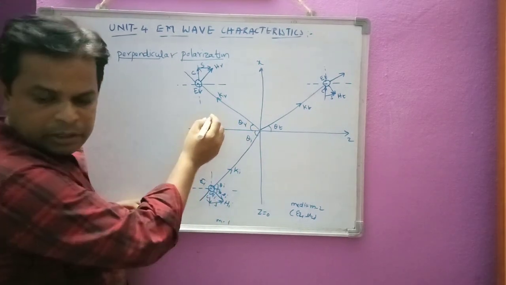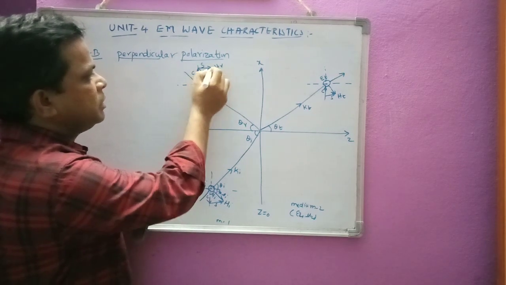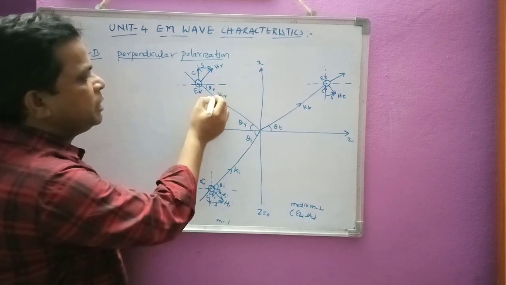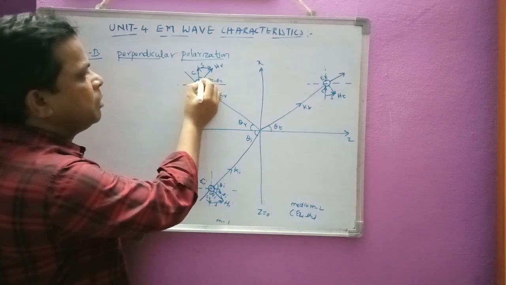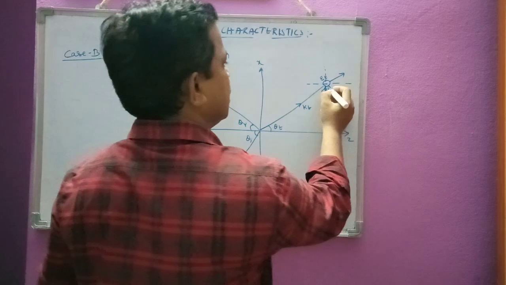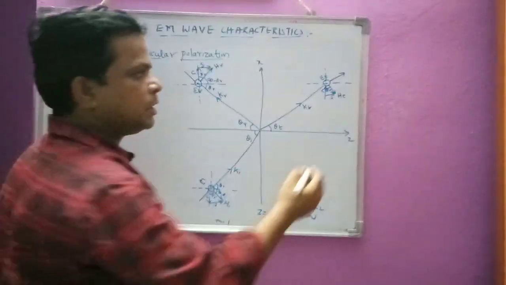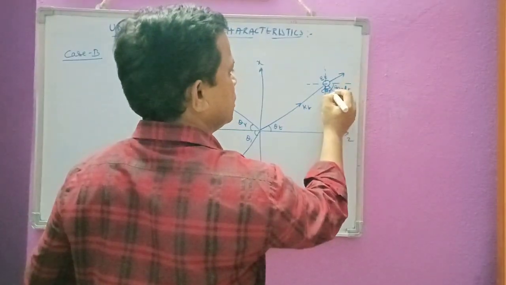If it is theta R, this will become theta R similarly, and HR and the direction of propagation are perpendicular to each other, 90 degrees. So this will become 90 minus theta R, and this will become theta R here. Similarly here also I can get theta R. So this is 90 minus theta R here, 90 minus theta T here. This is theta T here.